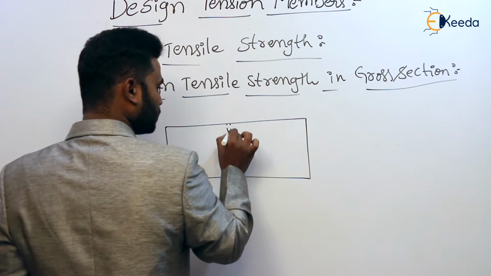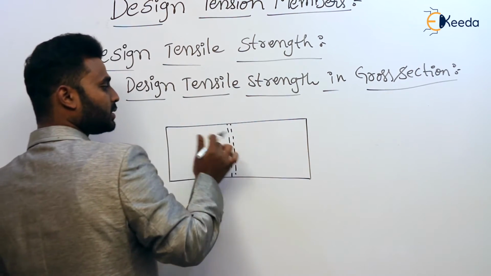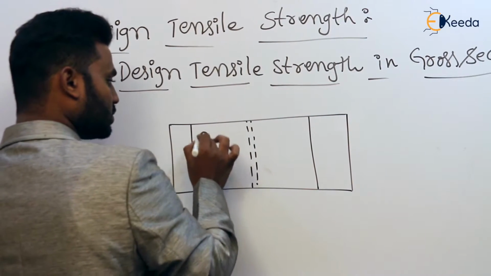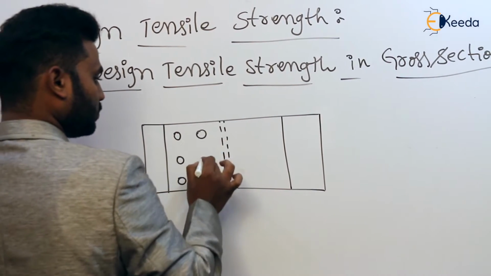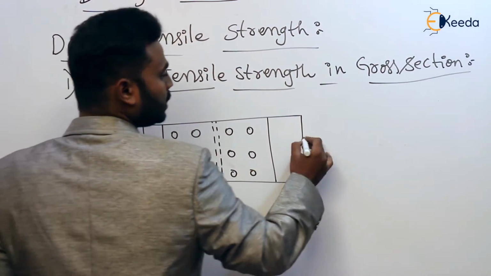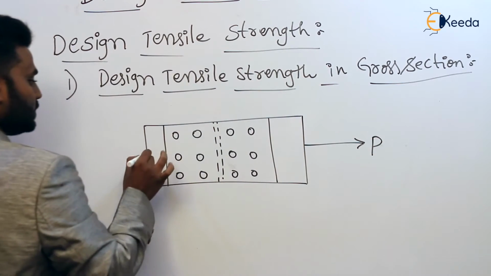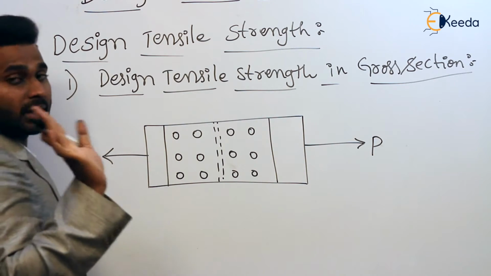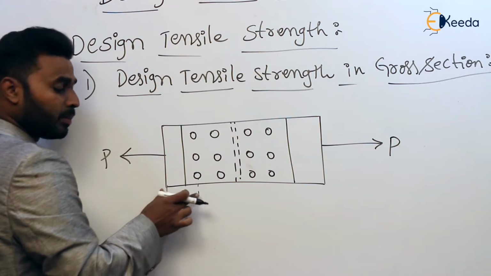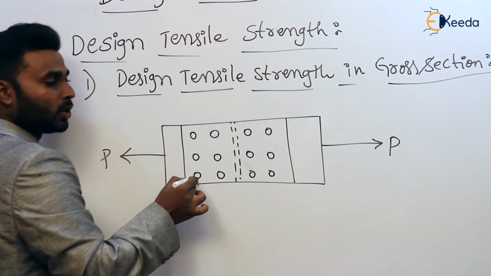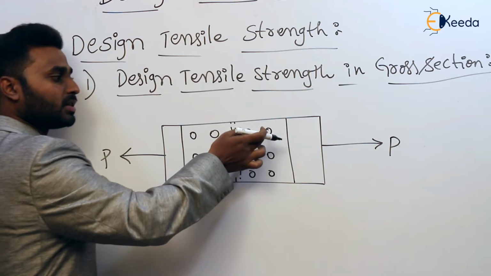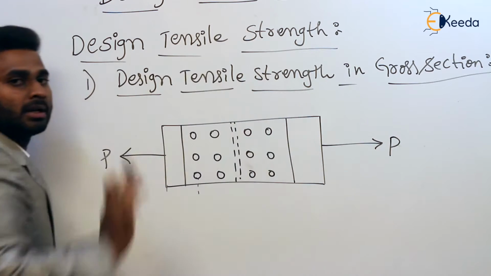So these are two plates or two members connected by using a cover plate. Obviously it is a double covered joint, and we have provided bolts here. Here the force P is there. As we discussed in the beginning of the bolted connection, the load P from here to here is taken by the main plate itself. After that, bolts start taking the load, and then they transfer it to the cover plate, and then to the bolts on the next side, and from these bolts the load is finally transferred to the other plate or other member.